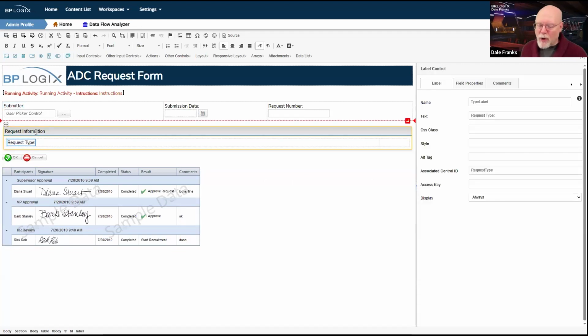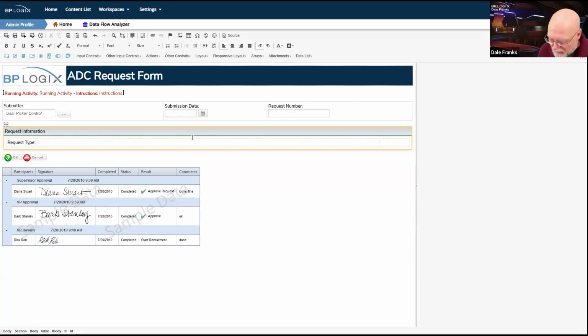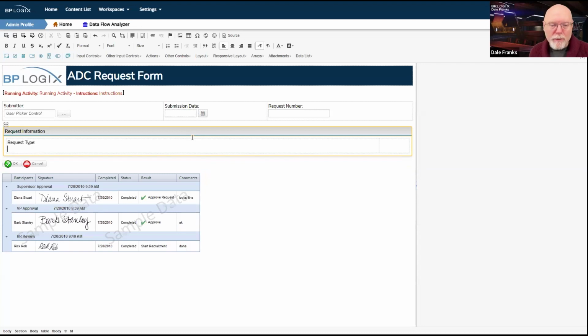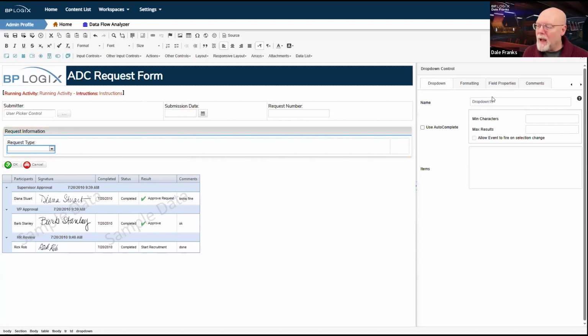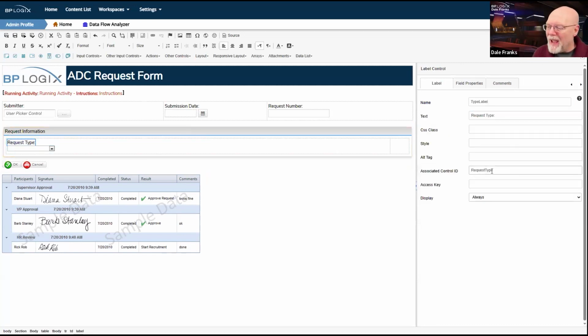So I have a request type label. I'm going to enter a break control here by hitting Shift and Enter. So I just move to a new line, and I'm going to throw a drop down in here, and I am going to name this drop down request type. So because this dropdown is named request type, this label has associated control property ID of request type.